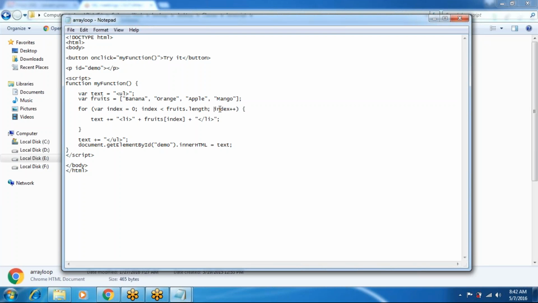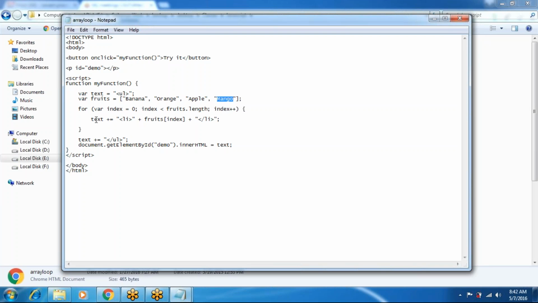And next, index plus plus, so here 2, index value 2, and fruits of 2 is apple, and again index plus plus 3, 3 less than fruits dot length 4, the condition is true, so fruits of 3, index 3, so mango is at index 3.